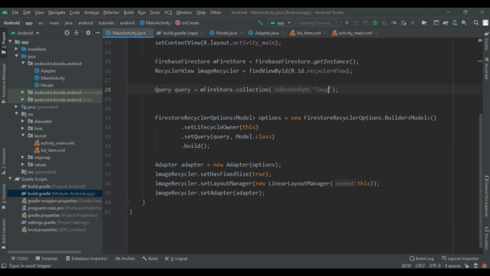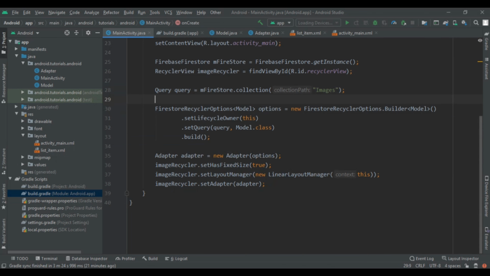After that we are going to create FirestoreRecyclerOptions and pass the model and options, a new FirestoreRecyclerOptions, again model, and then set lifecycle owner to this, set the query and pass the second parameter as a model class, and then build. Then we have to write the adapter here and pass the options in that.